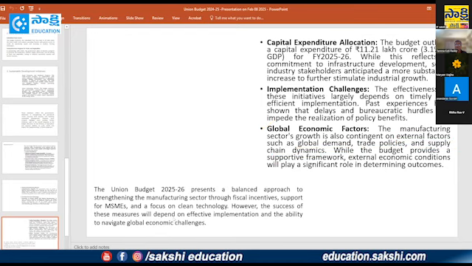The Union Budget, in brief, I can say that the Union Budget 2025-26 presents a balanced approach to strengthening the manufacturing sectors through fiscal initiatives. Because about the fiscal initiatives, Professor Reddy has mentioned so many things while giving the quantitative data, and support for MSMEs and a focus on clean technologies that is utmost required. However, the success of these measures will depend on effective implementation and the ability to navigate global